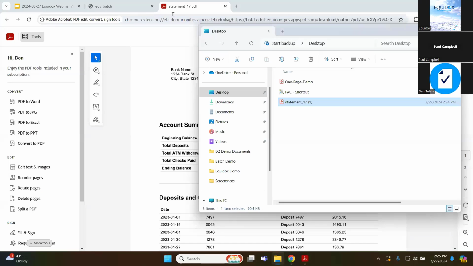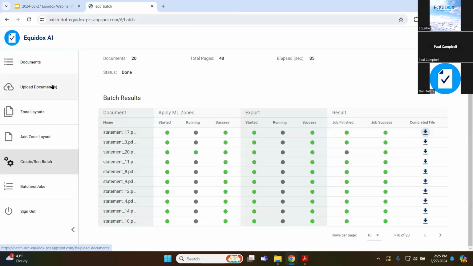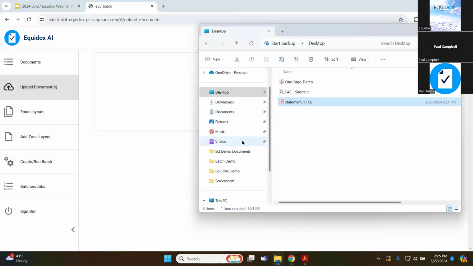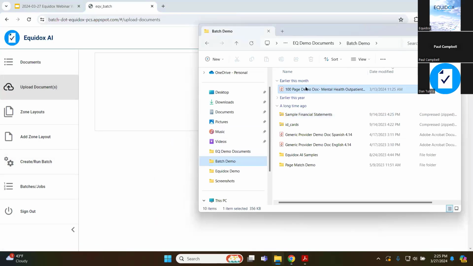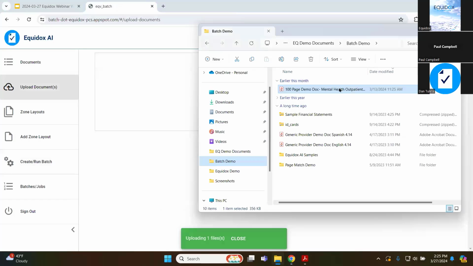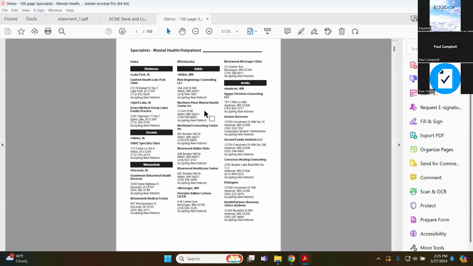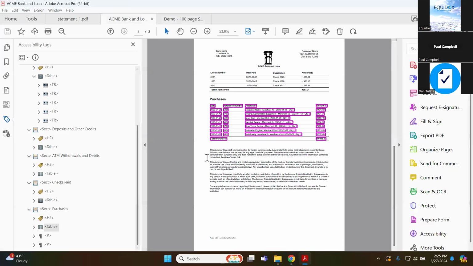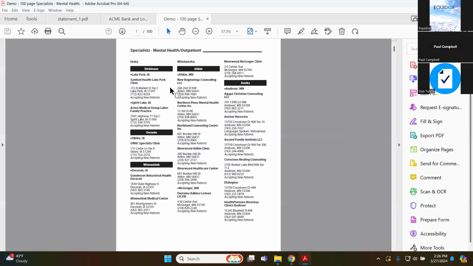Another use case that I can quickly explain would be a totally different document. Let's go here and I'll use this document. If I upload this document here and we take a quick peek at it, this is a totally different use case. We were just looking at a bank statement, which is applicable to invoices or a pay stub or test results on the healthcare side of things. There are a lot of different use cases that would use things like statements.